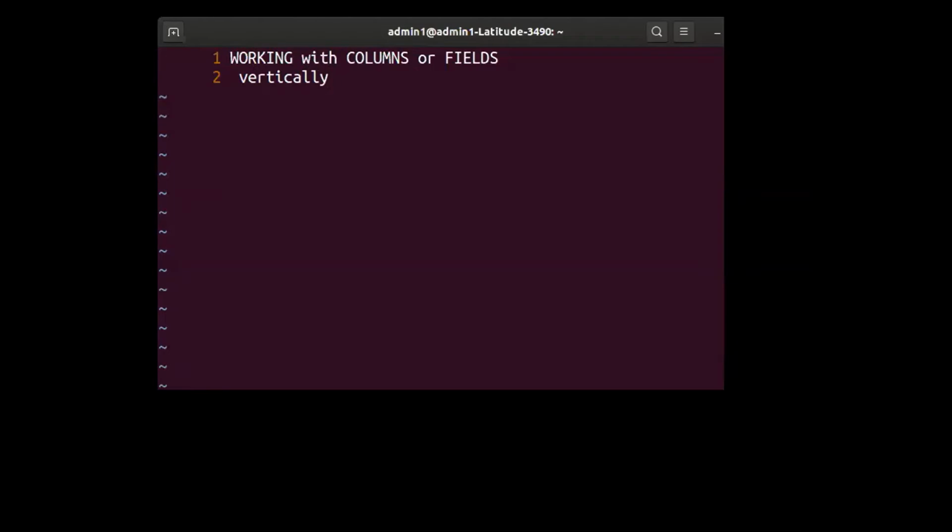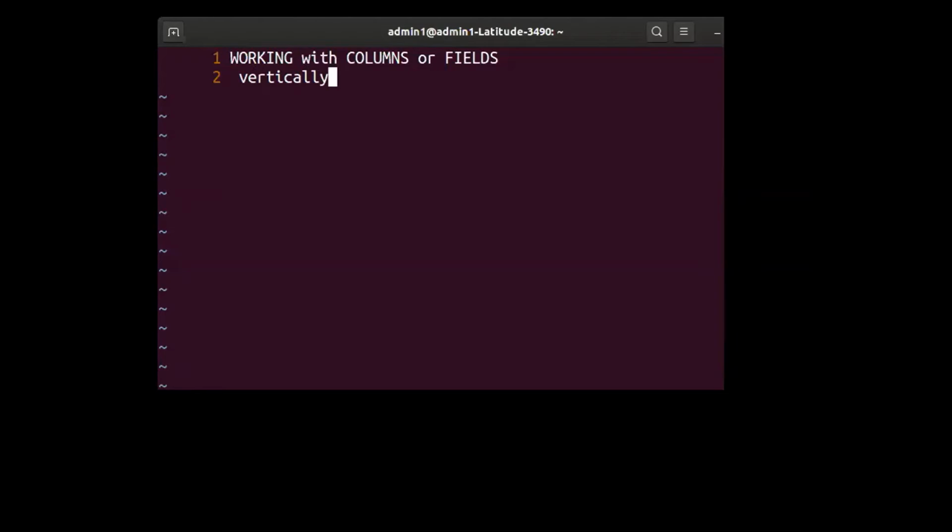Cat, head and tail will not help. So Unix supports certain other commands which are exclusively designed to work with columns or fields. That's why I have given the title as working with columns or fields.